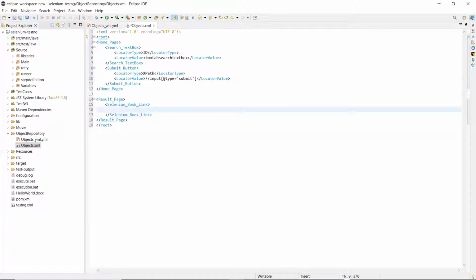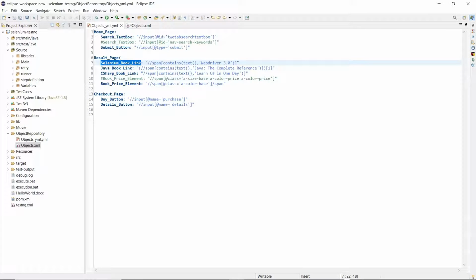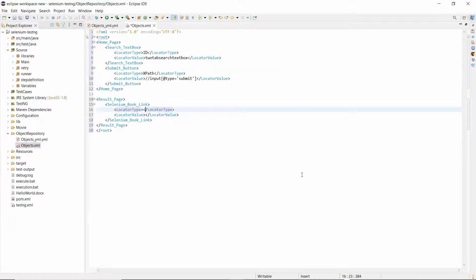Inside that, I'll again add locator type and locator value nodes. This object also contains the XPath, so I'm going to provide the locator type as XPath and copy the XPath value against the locator value node.